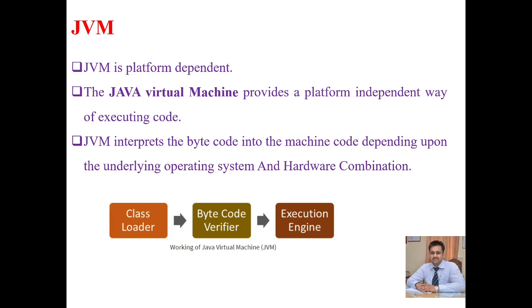JVM, as we already studied about the JVM process, works to convert the class file into the operating system understandable file. So the JVM is platform dependent. It works as an engine that provides a runtime environment to drive the Java code or applications. It converts bytecode into machine language. JVM is a part of the Java Runtime Environment. In other programming languages, the compiler produces machine code for a particular system, but here the JVM is doing that work by converting the bytecode into machine code.